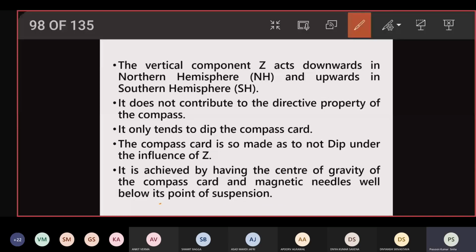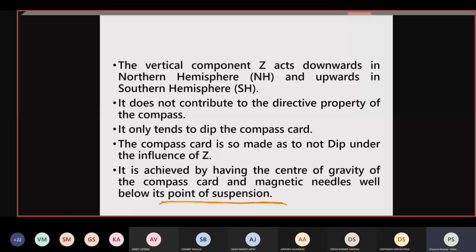When you are coming to the last, explain to me what is point of suspension. सर जिस पॉइंट पे अपना कार्ड स्टेबल है, बेसिकली द कैप एंड द पिवट वहीं पे सस्पेंड है ना, वहीं पे लटका हुआ है। यस सर तो बस ये कैप और ज्वेल कैप जो हमने बात की थी और पिवट बात किया था, ये वही है। सेंटर ऑफ ग्रेविटी उससे नीचे होती है, दैट वी हैव ऑलरेडी सीन. Next,